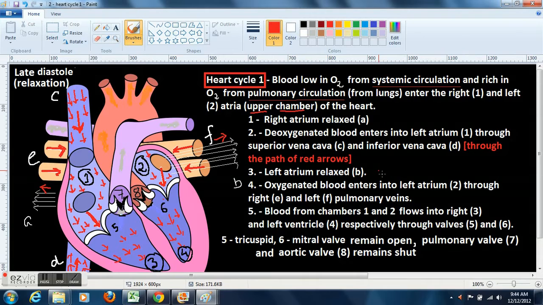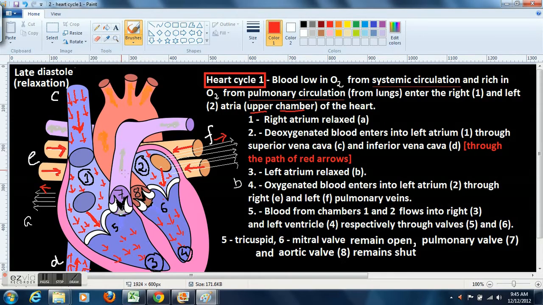Okay, let us complete this discussion here. So, in this late diastole phase, which is heart cycle 1, the tricuspid valve 5 and mitral valve 6 remain open, and the pulmonary valve and aortic valve, that is 7 and 8, remain closed. So, this will ensure that there is no backward flow of blood from the pulmonary artery to the ventricle or from the aorta into the ventricle,